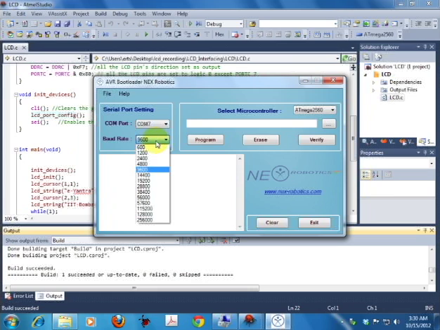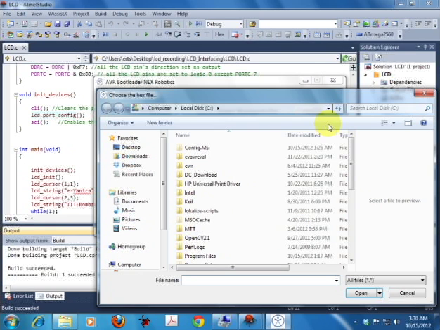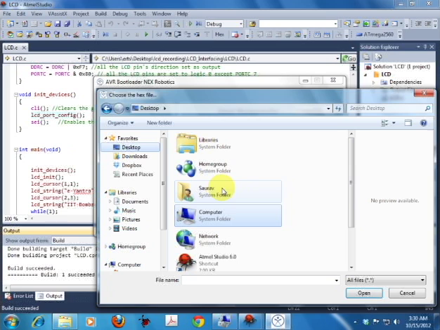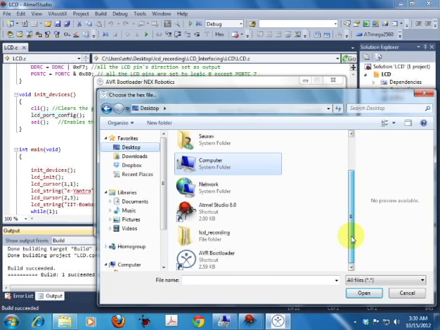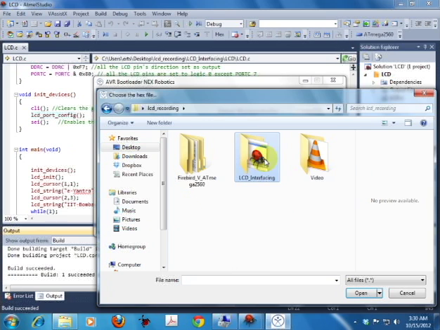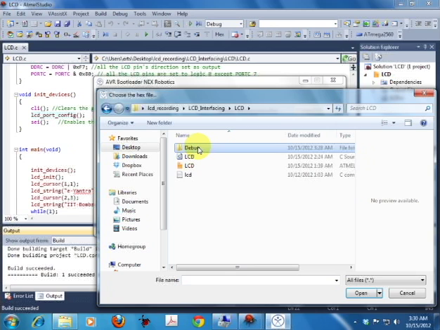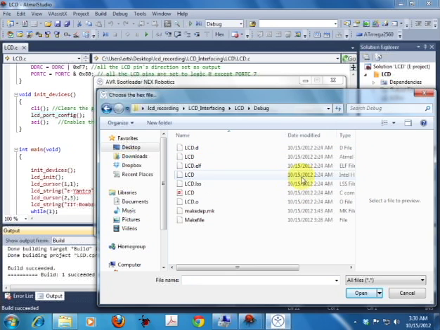Set baud rate as 115200. Then select microcontroller as Atmega2560. Then browse the hex file from the project folder, which is on the desktop, inside this lcd_interfacing debug folder,